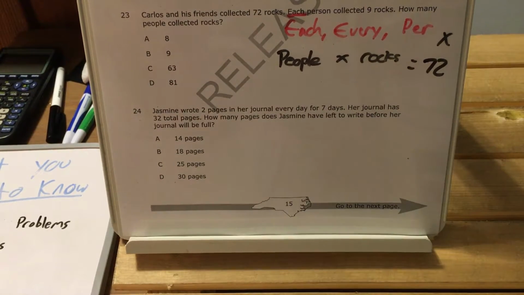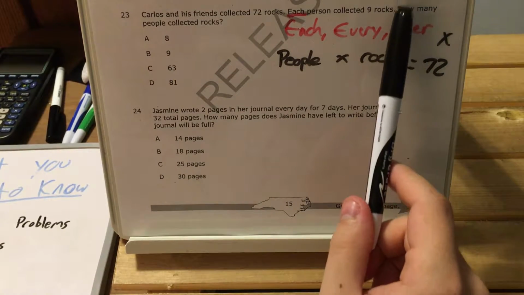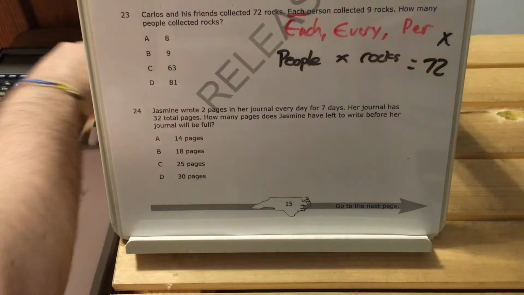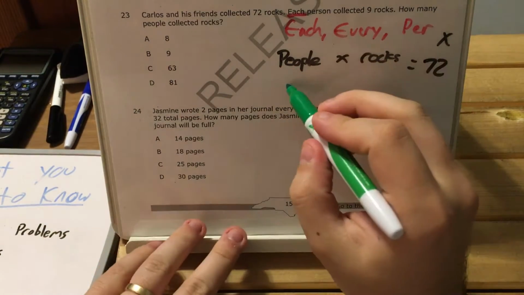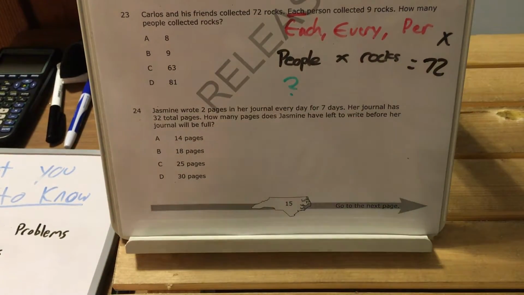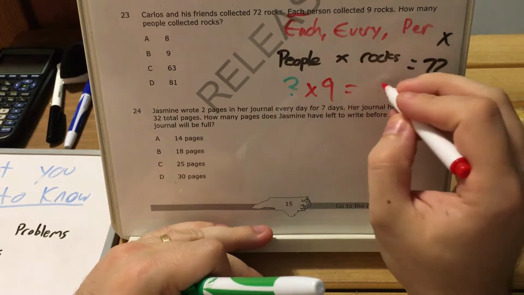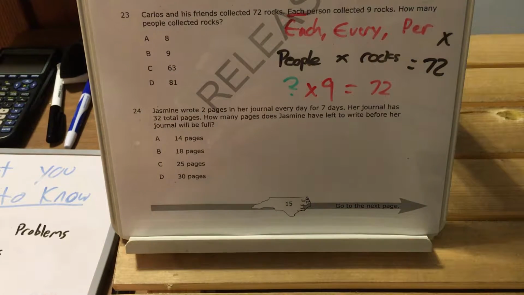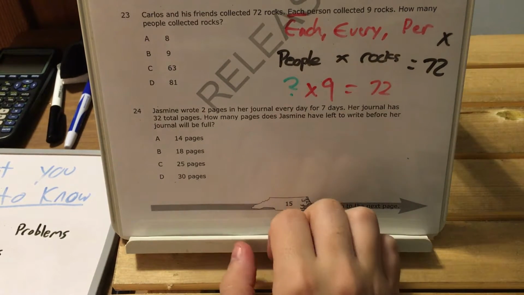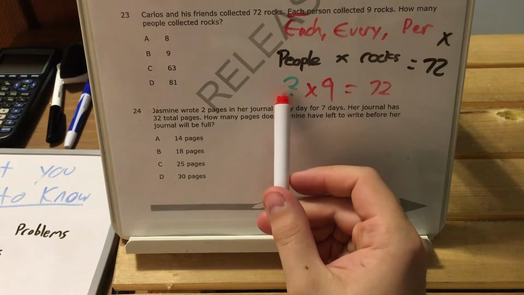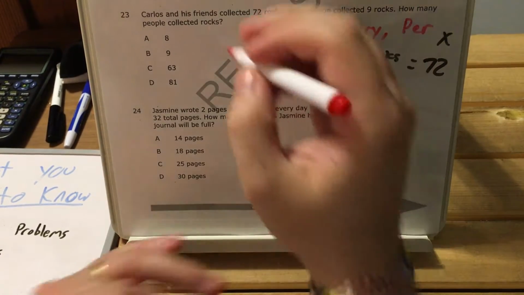Now just to plug in one of the other numbers that we know, it's asking how many people collected rocks. That's something we don't know, which means some unknown number times 9, since each person collected 9 rocks, equals 72. Now at this point, I'm going to break out my fact families and say that if some number we don't know times 9 equals 72,